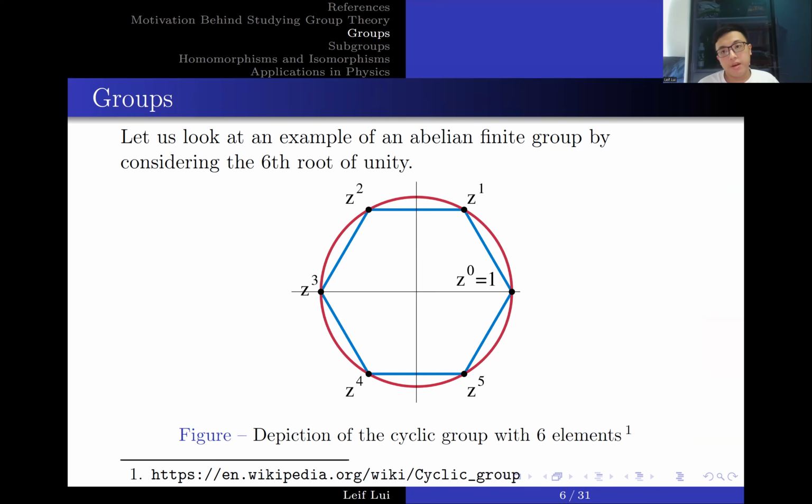A finite group is a group with a finite number of elements. So let's consider the 6th roots of unity. Basically, the 6th roots of unity lie on a hexagon within the circle of the set of all complex numbers of modulus 1. When we look at this, we can clearly see that the 6th roots of unity form a regular hexagon. So what kind of symmetries does this have? Well, you can rotate the hexagon, and you can reflect the hexagon. In this case, let us consider a rotation in one direction.